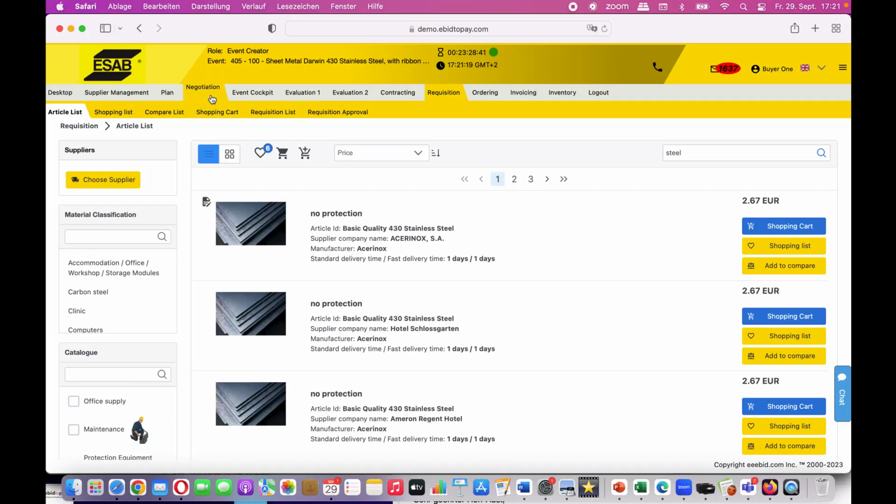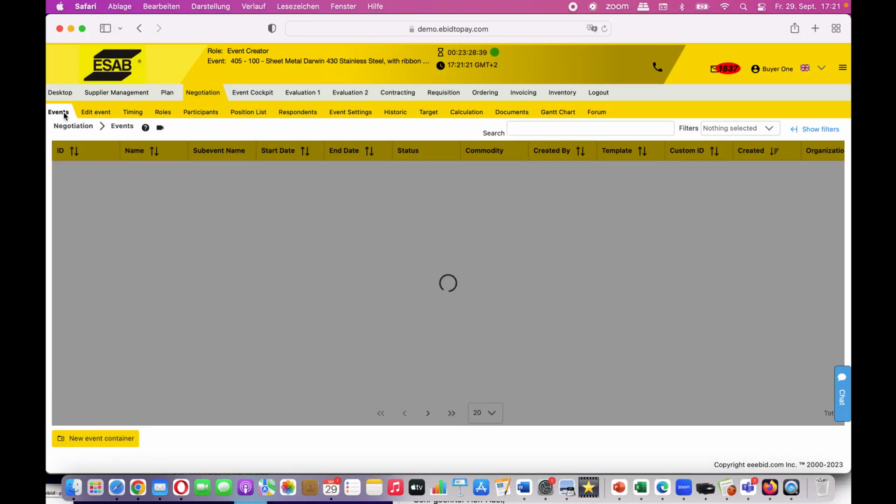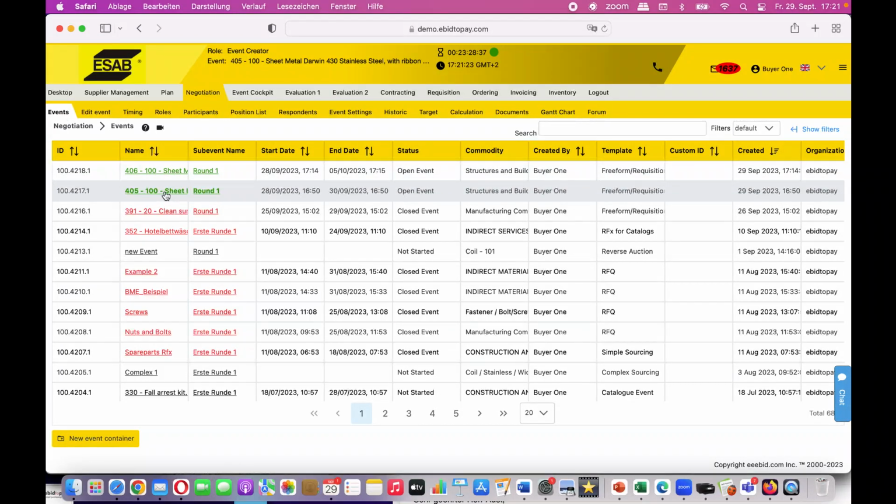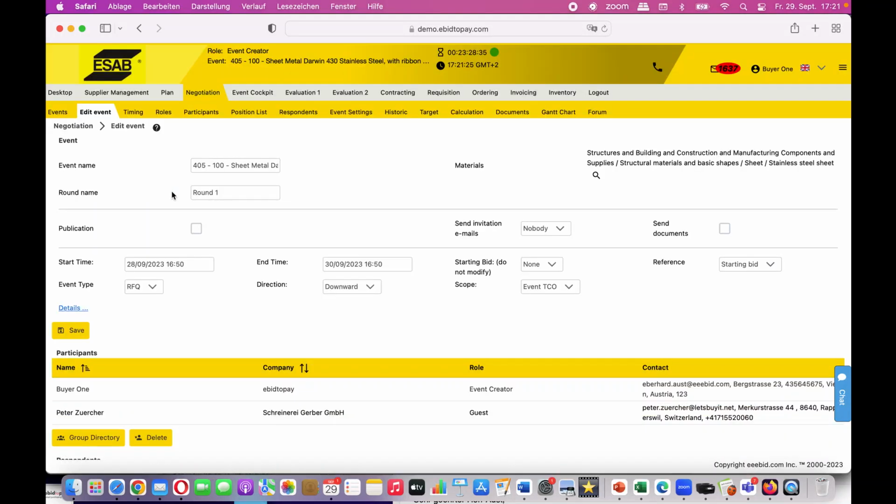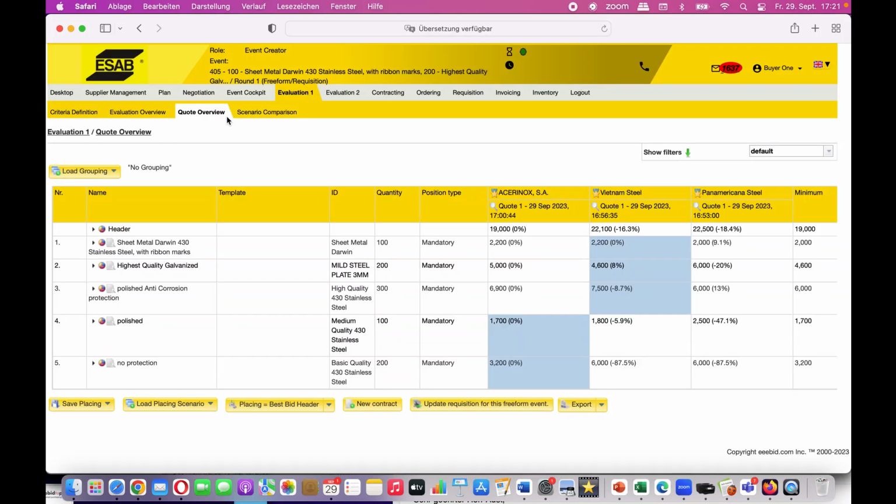But if we now decide that we want a second source and want to place some business also with the new vendor, in our placing scenario we had Vietnam Steel. If you would like to have an agreement with Vietnam Steel, giving him a master agreement as a second source,